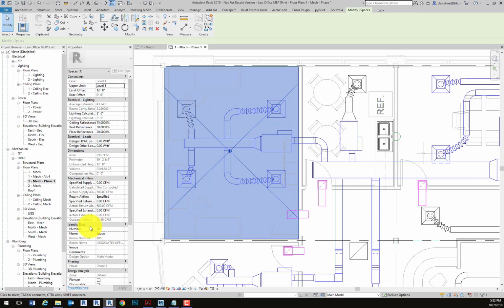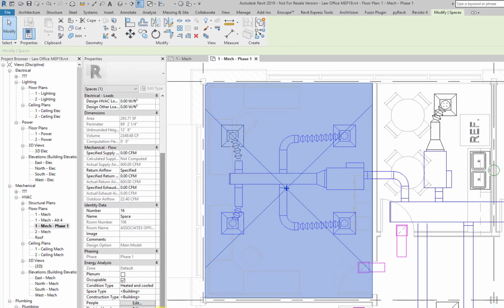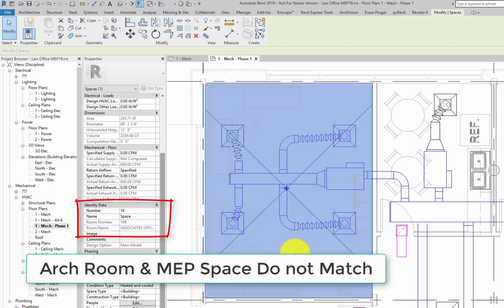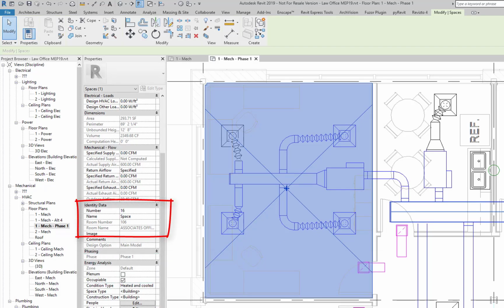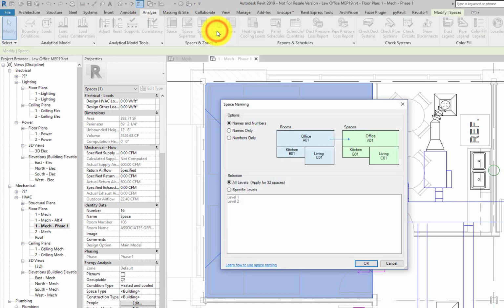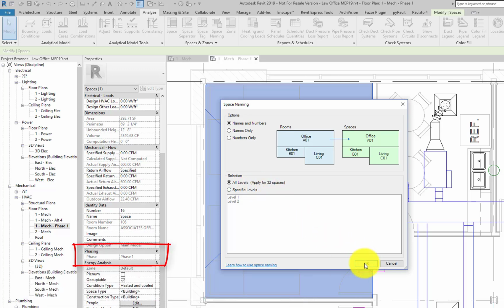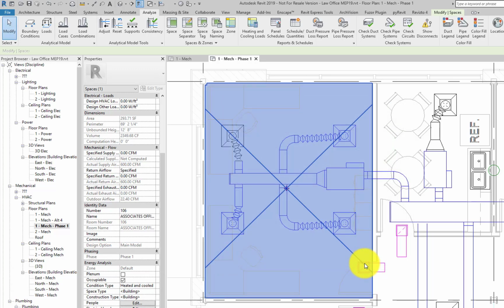If we select this space, you'll notice that there's a room number and a room name that's coming from the linked architectural model, and then there's a number and name which is for the space. We can use the built-in space naming tool to make all of the spaces have the same name as the